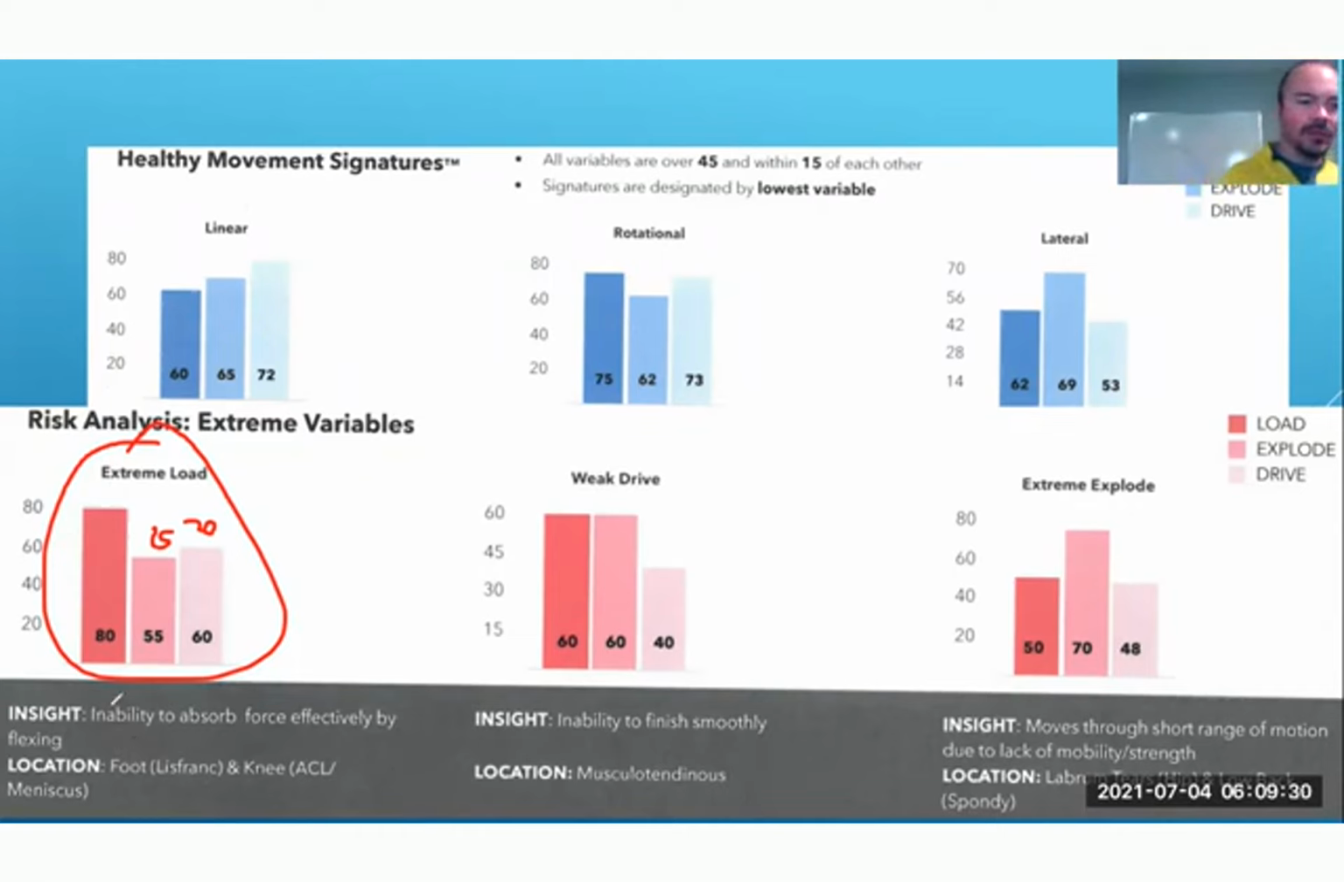So with this first individual here, they are unable to absorb force. Not a great thing for athletes, especially if they need to change directions. So what's going to happen is, if you've ever seen an athlete go down with a non-contact injury, when they're just out in open space performing a cut,